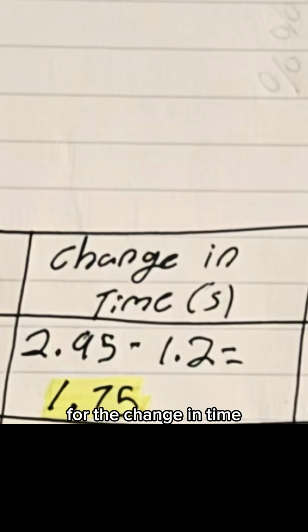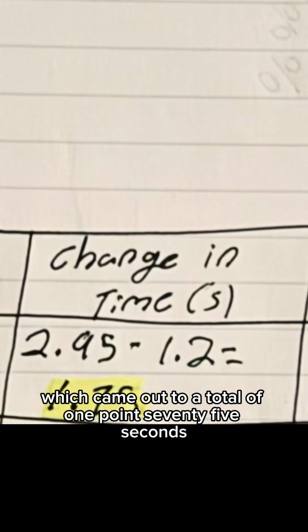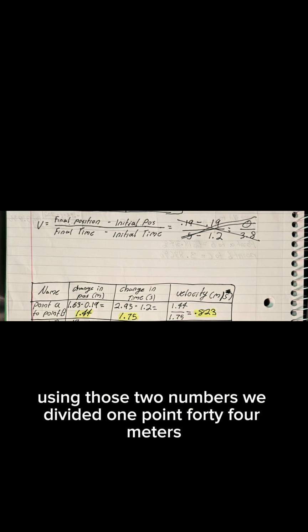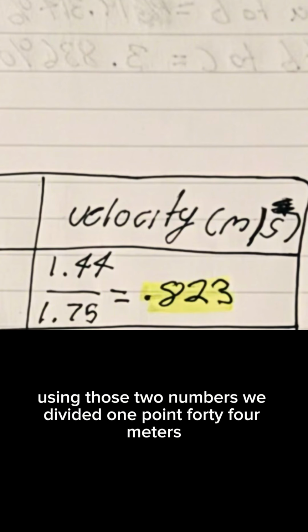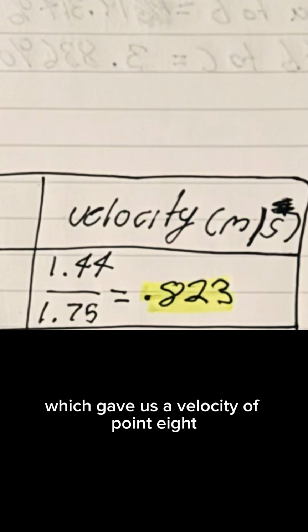For the change in time, the final was 2.95 seconds minus 1.2 seconds, which came out to a total of 1.75 seconds. Using those two numbers, we divided 1.44 meters by 1.75 seconds, which gave us a velocity of